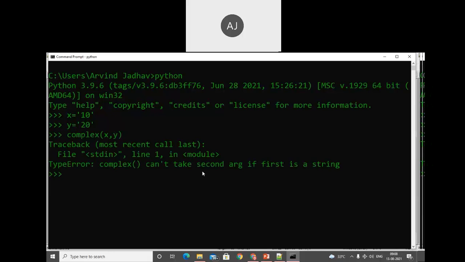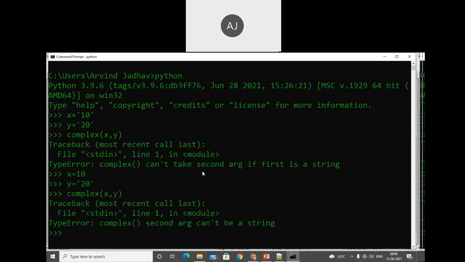So let's do another way. Here I will use 10, and the second argument I'm using as a string. What happened? Again, I'm trying to convert it, and again we get the error. That means the second argument can never be a string.